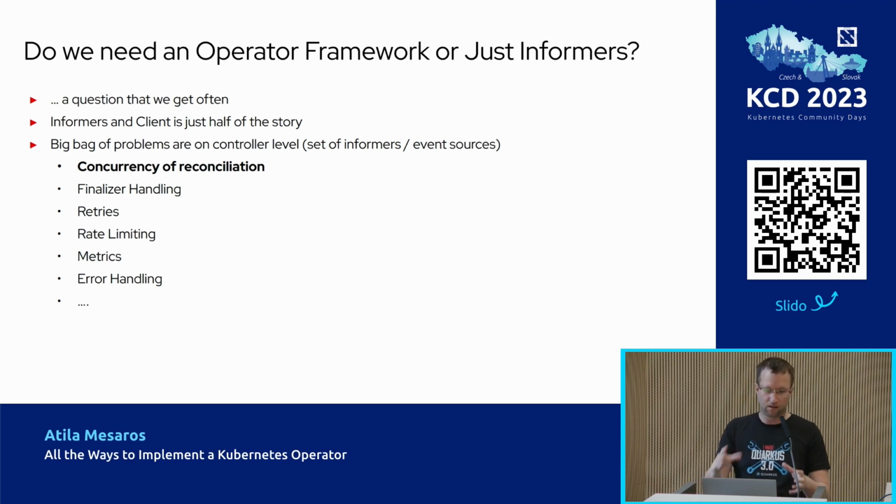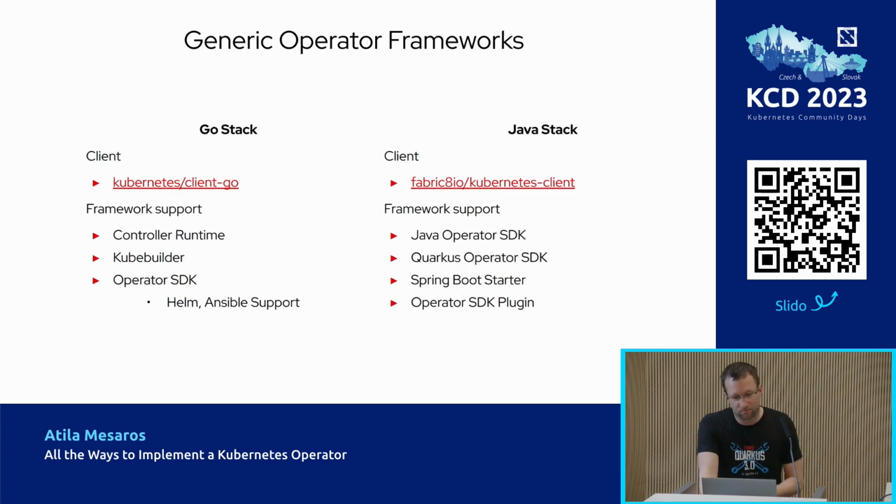But informers are still, and these caches are the heart of these controllers. So I will name these two major, the Go stack and Java stack. Usually we have these clients. For Java we use Fabric8 client, and Java Operator SDK implements this controller runtime inside of the SDK, which is basically the framework to make your operators and all the necessary components. And we support in Java Quarkus and Spring, and also have a plugin for Go Operator